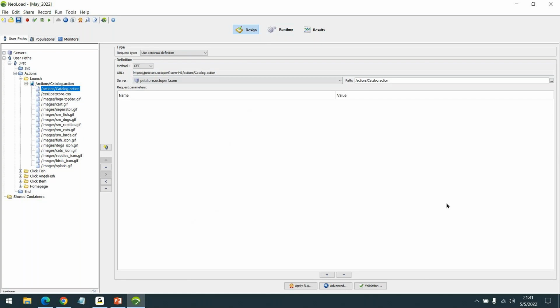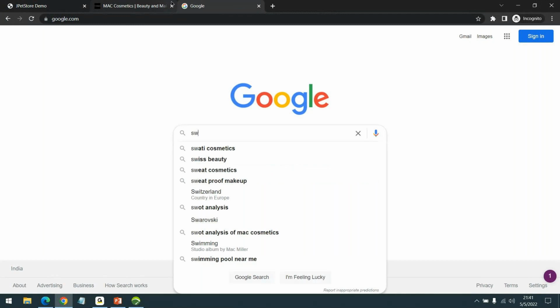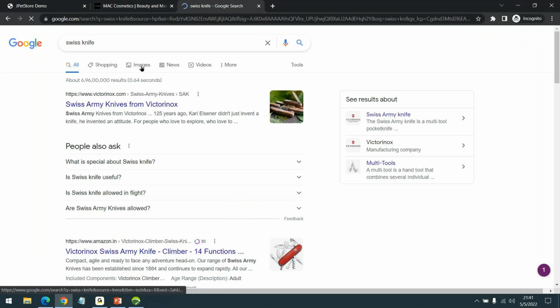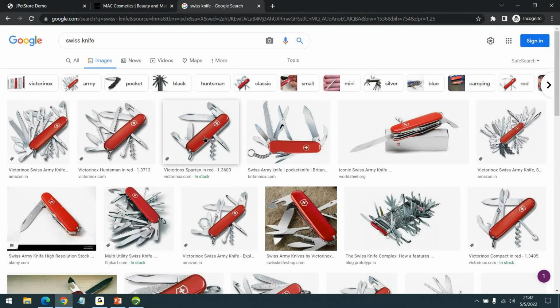And there is JMeter, right? JMeter is an open source tool. I would say JMeter is not a performance testing tool. JMeter is more like a utility tool. When I say utility kind of tool, I think you must know about this, right? I'm just showing this. I think everybody must have come across this, right? Swiss knife. It is called a Swiss knife, but it has many other utilities also. So this is what JMeter is.